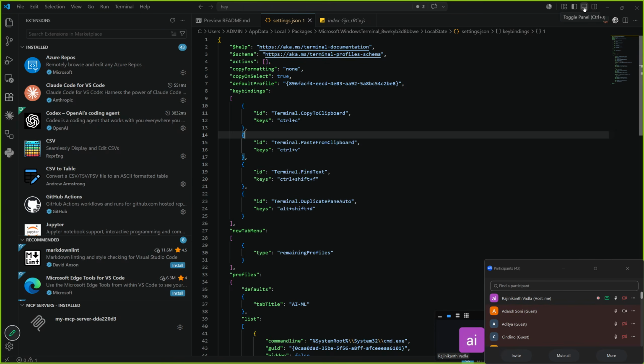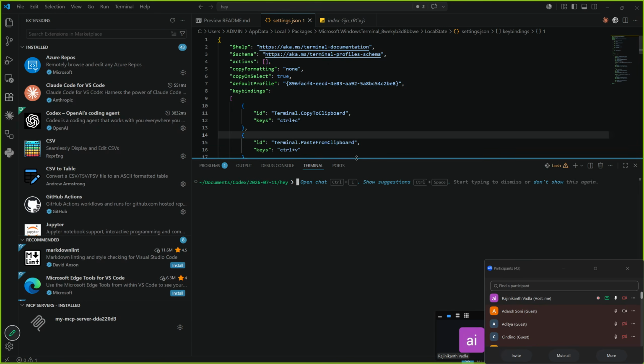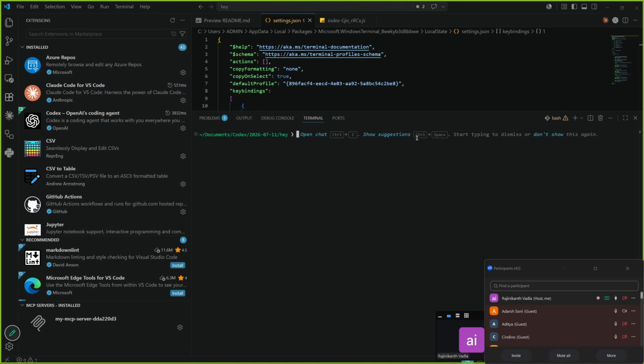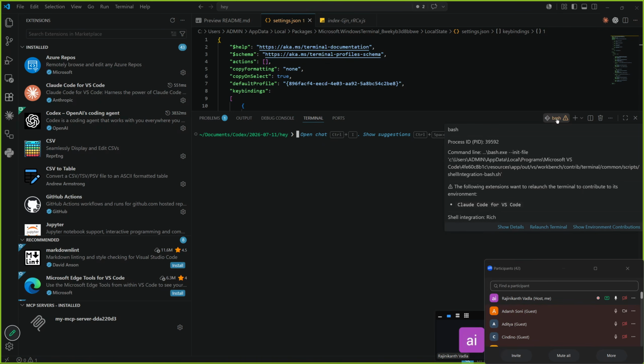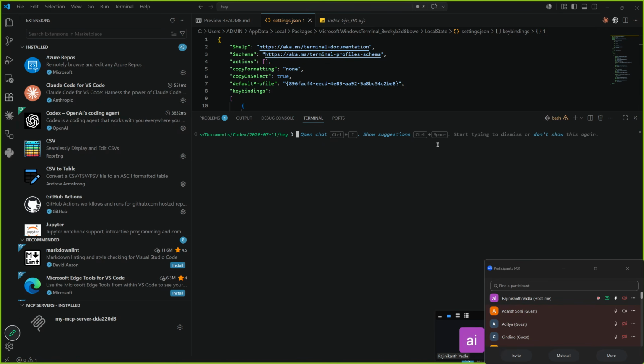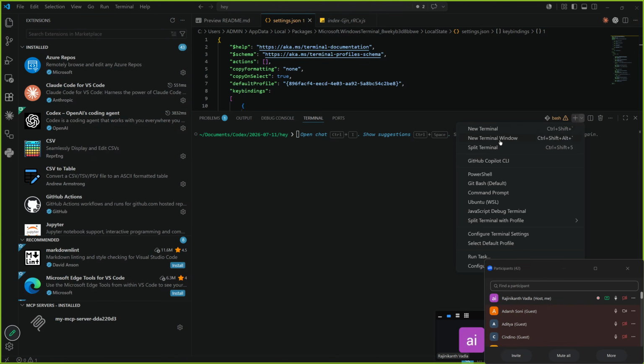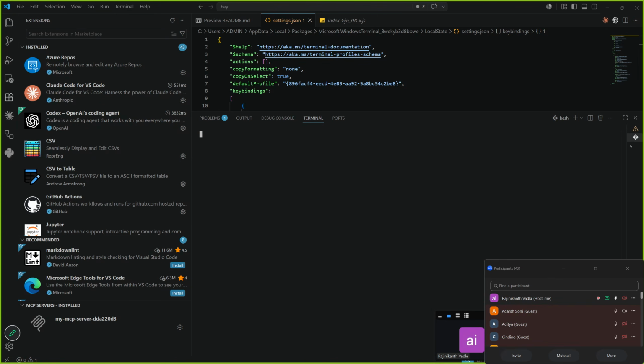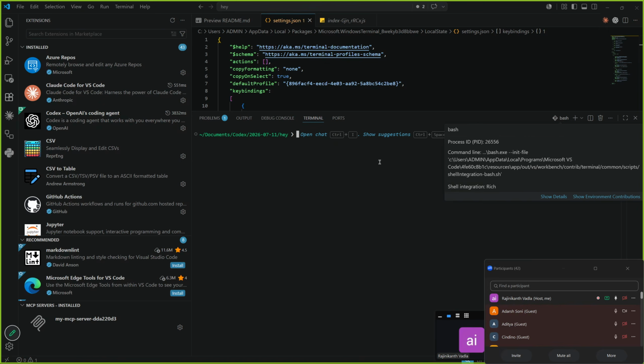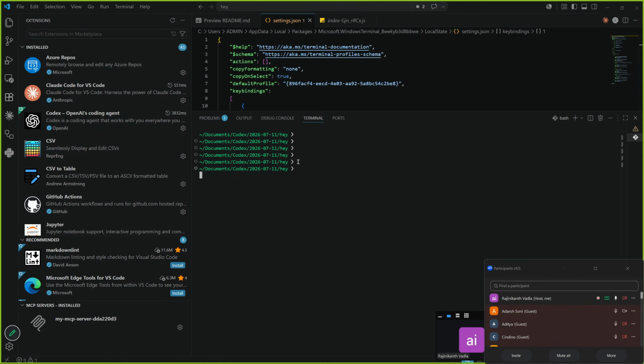When you click on this option, the terminal will close. When you click on this option again, the terminal will open. So this is the terminal. When you click on here, it should be bash. Don't select PowerShell. It should be bash. Here, new terminal. So it comes with bash only. Bash will give you more freedom of running the Linux commands, whereas PowerShell will not give you that.